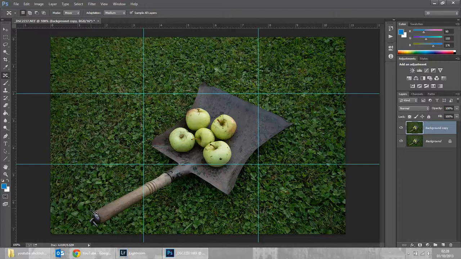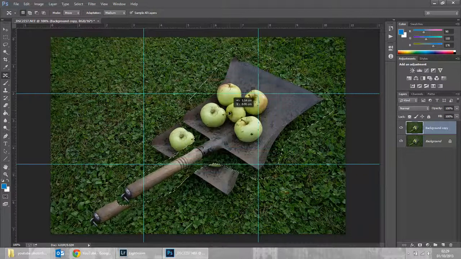Next we're going to draw a loose line around the edge of the spade. It does not have to be exact, it just needs to be a little bit of space around it to give the computer something to work with. If you were to draw it bang on exact, you would get some errors as you move the spade. So we've drawn our selection around it now, and we're going to move it